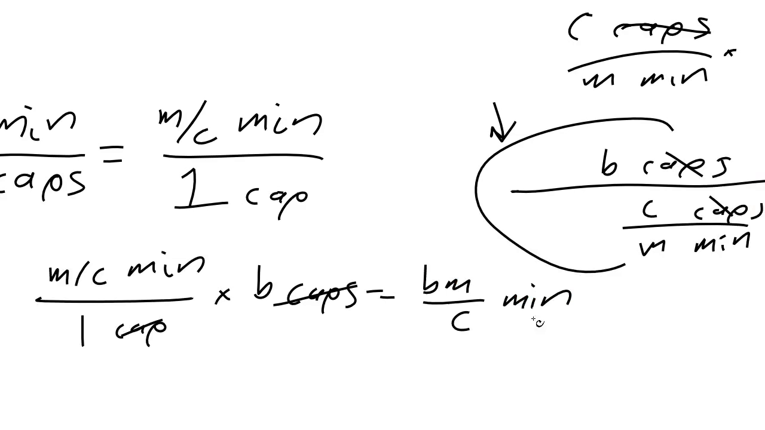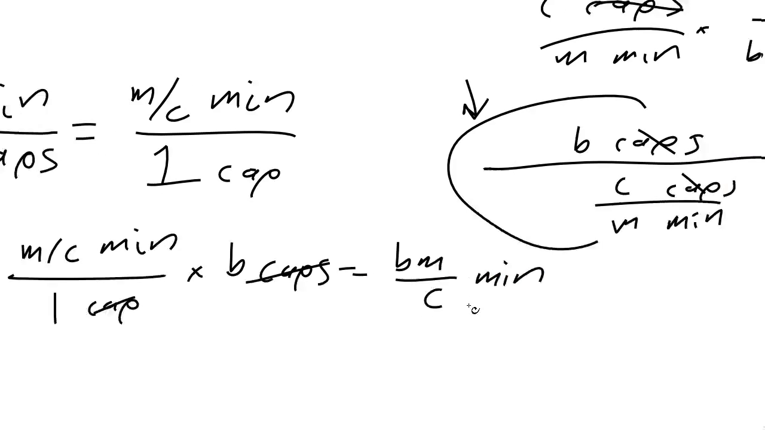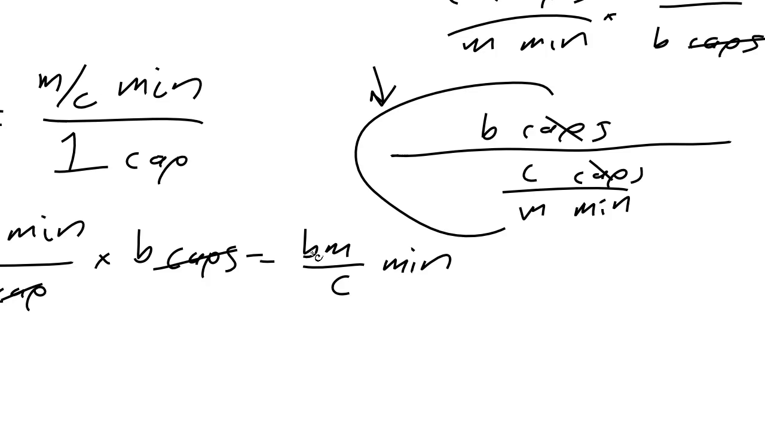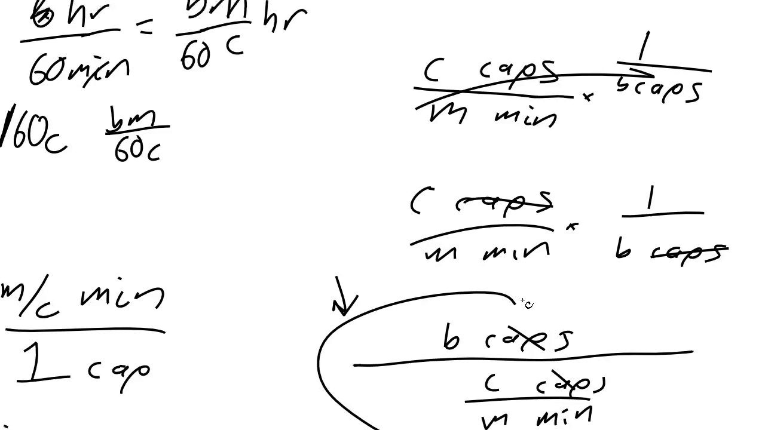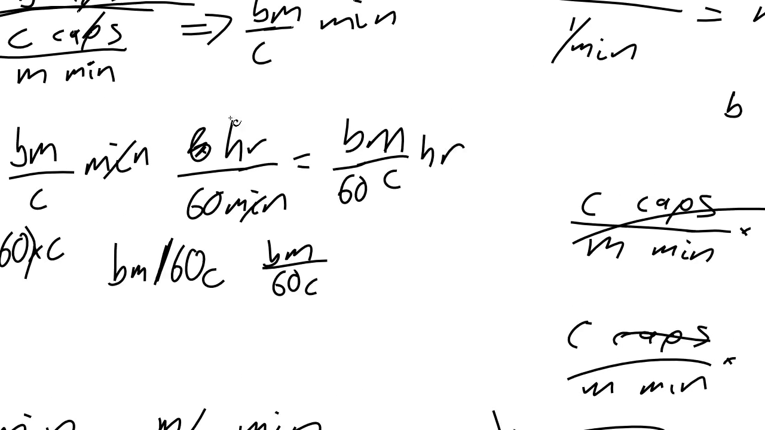minutes. And then the conversion from minutes to hours, to me that's more intuitive, because I think about time units a lot more frequently than I think about machines putting caps on bottles. This many BM over C minutes, 60 minutes in an hour. Although again, I could get confused on whether I should multiply by 60 or divide by 60. So it can be helpful to write the units out and say,